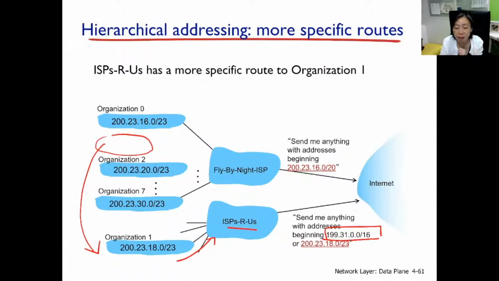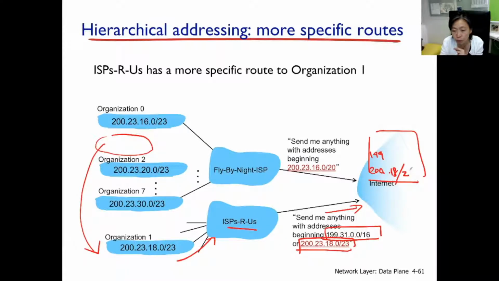Well, the ISP will find that unfortunately the two of them are not aggregatable. In this case, two separate advertisements will go out into the internet. The forwarding table here will contain two entries. One starts with 199 and one starts with 200 dot something